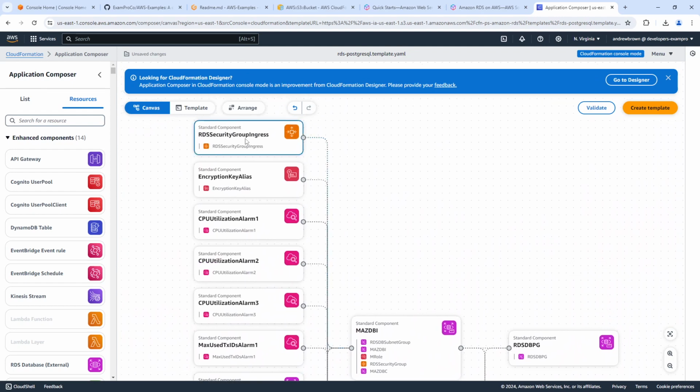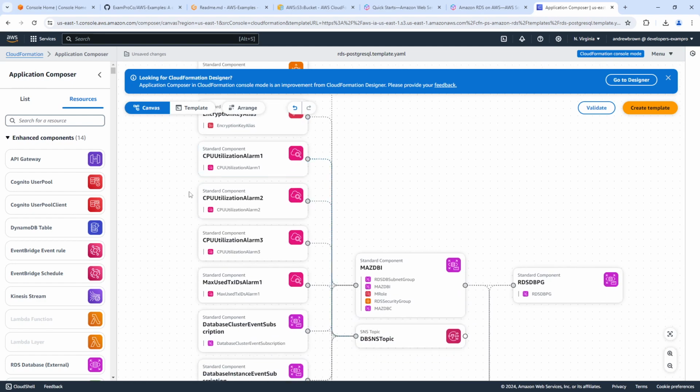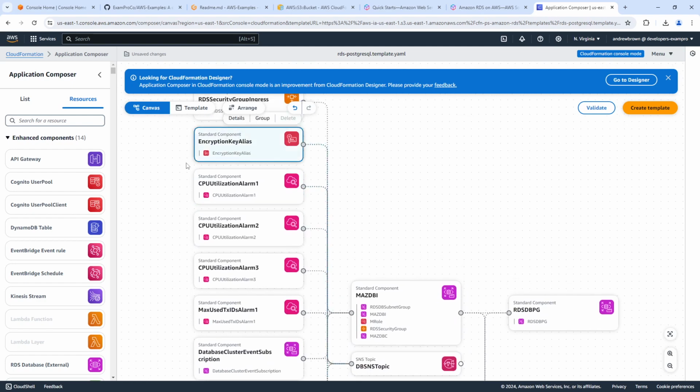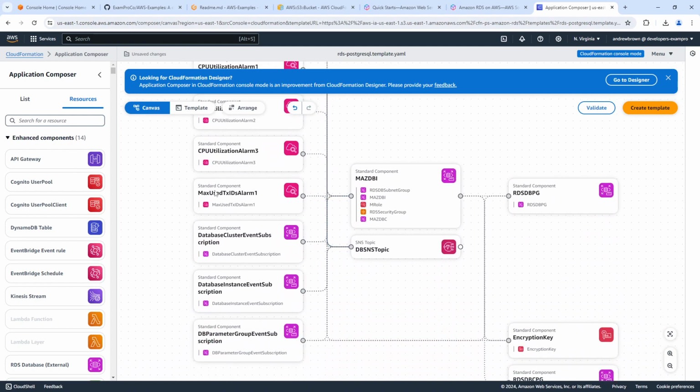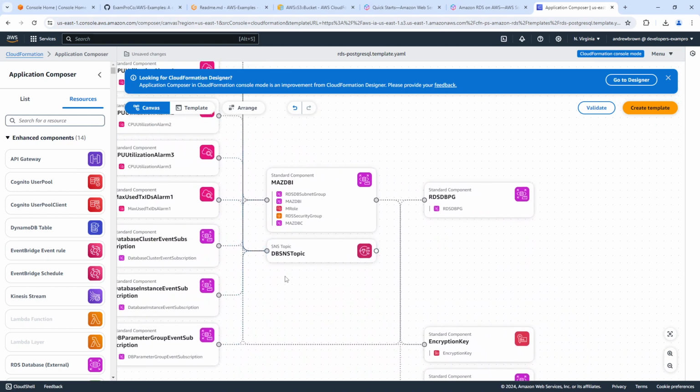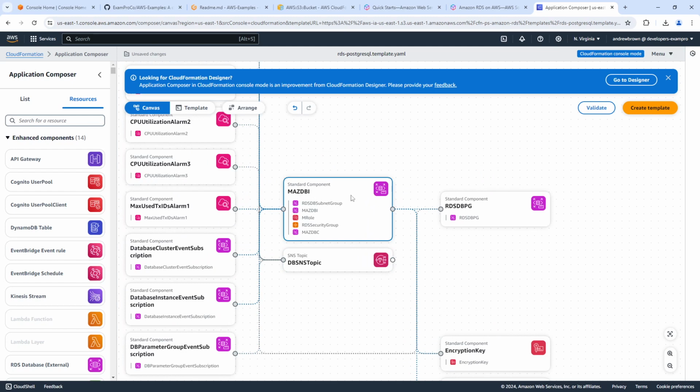We have an RDS security group, an encryption alias key, so not exactly sure what that is. I mean, is it part of Secrets Manager? I'm thinking maybe that's Secrets Manager. Then we have a bunch of CloudWatch alarms. We have an SNS topic, so they'll trigger that. Then we have our